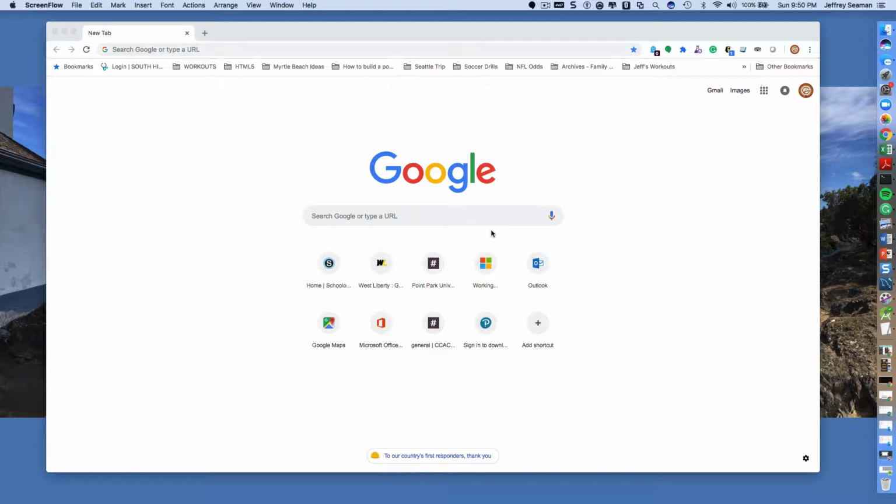So a web service, what is a web service? Well, it is when you have two websites communicating with each other. They're able to talk to each other. So for example, let me go out here. So let's say